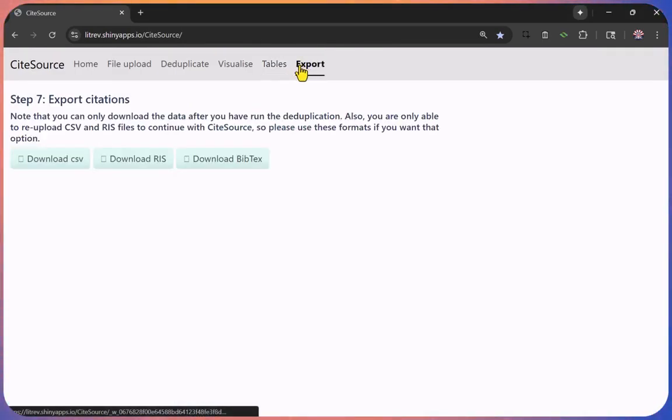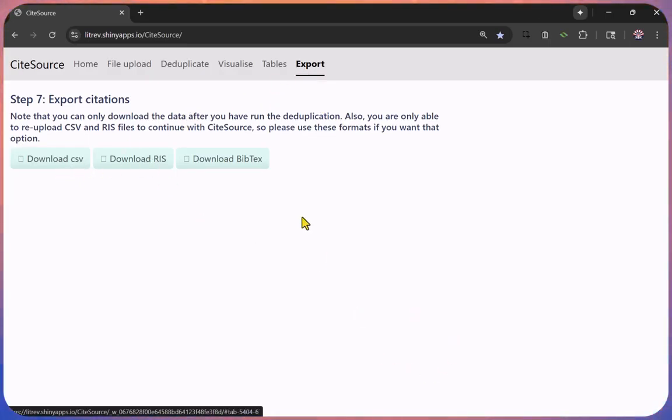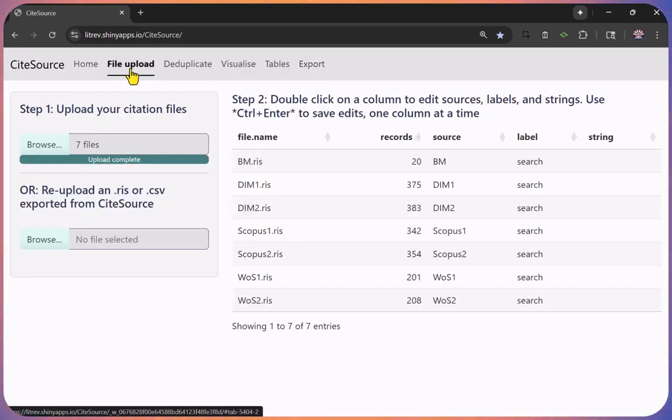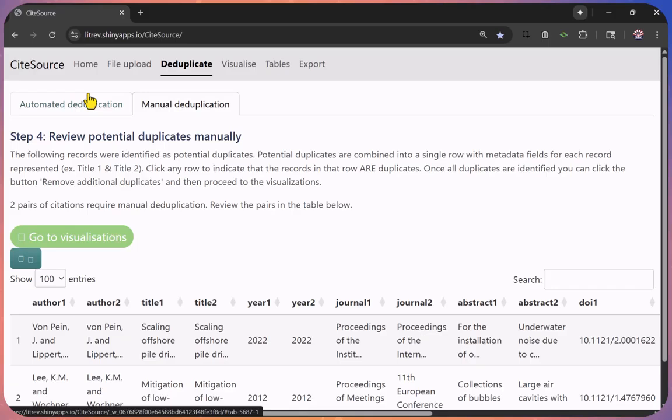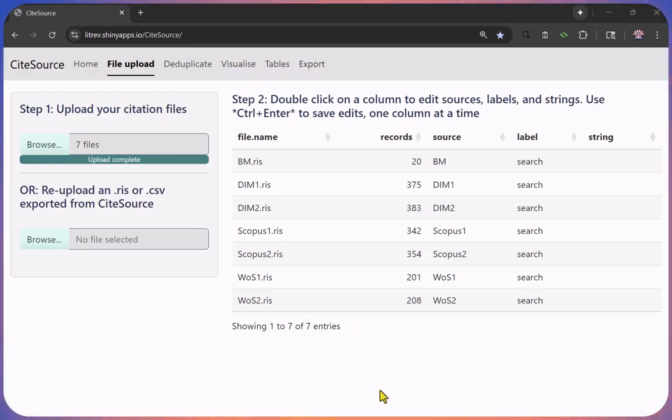All of this information, all the data, you can export as well in either CSV or RIS. And when you come back to CiteSource later, instead of uploading the initial raw sources and going through the deduplication phases again, you can just upload that RIS or CSV, and it's going to provide you with all those visualizations and tables again. But now I want to show you one last use case